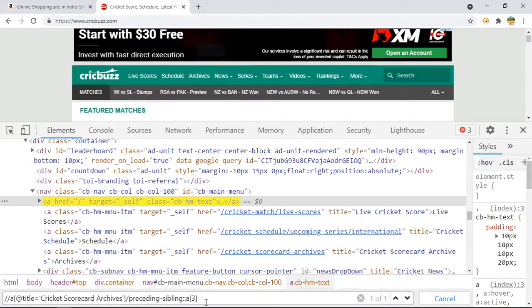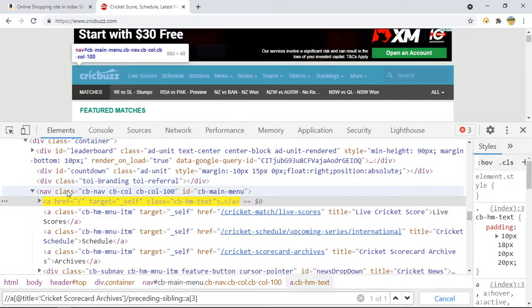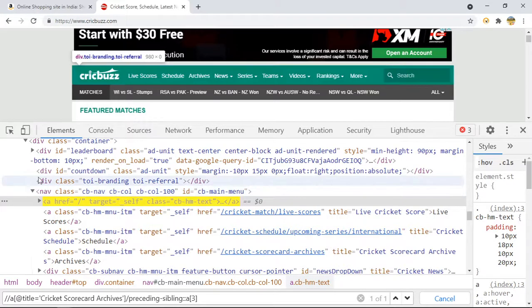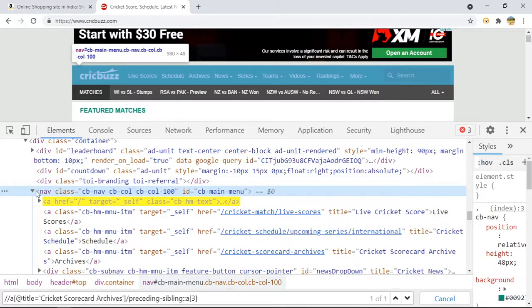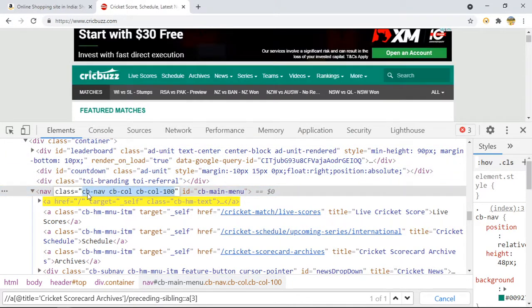So, Sumit, what if we give nav here, for the parent? Basically, I think it will give you zero elements, because here you will not find any nav element on the top. Let us check.